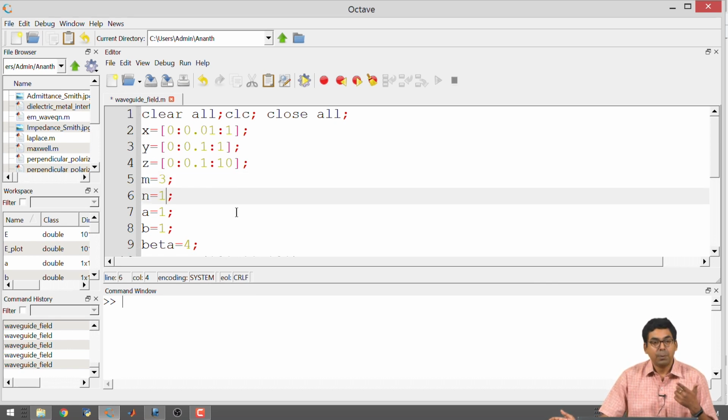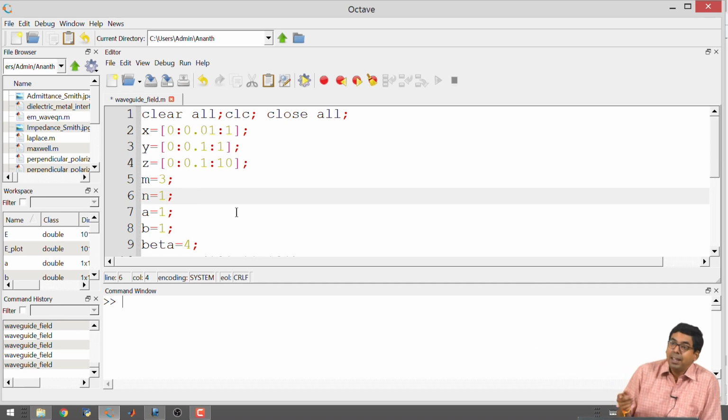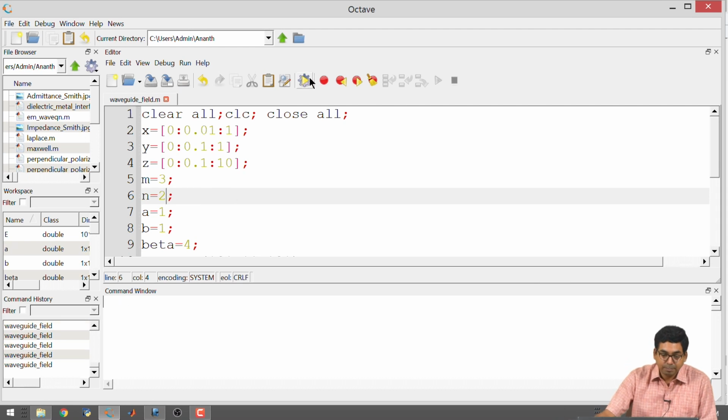Now, n equal to 1 corresponded to a single spot in the vertical direction and you have taken only the slice in the middle. Suppose I make n equal to 2, I should be able to tell because it is a square wave, it should have a similar effect. It should have 2 spots, one at the bottom, one at the top, and right in the middle there should be no field for n equal to 2. So, I want to verify this. I am just going to make n equal to 2 and run it.